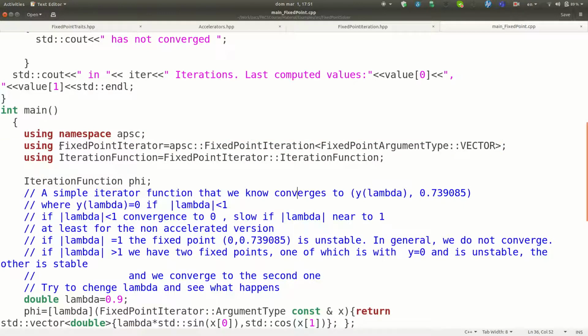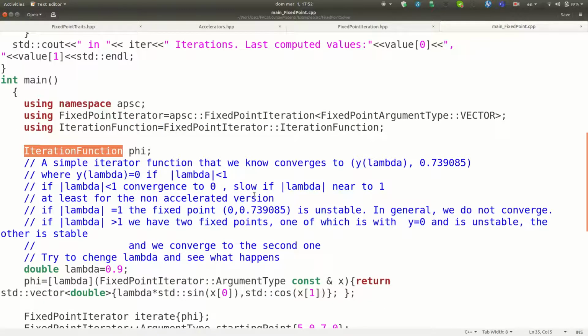I'm saying that as fixed point iterator, here I'm using the fixed point iteration with vector, fixed point argument type double dot vector. That means that I'm choosing vector. That the iterator function is the one that is given by the fixed point iteration. The fixed point iterator defines a type called iterator function that gets a type from the traits, but it's also in the fixed point iterator. So I grab from there, so I know what is the type for the iterator function. I create the iterator function,